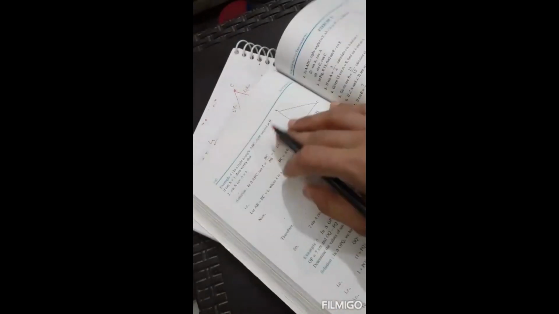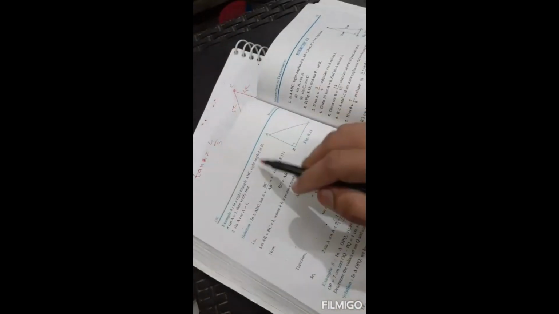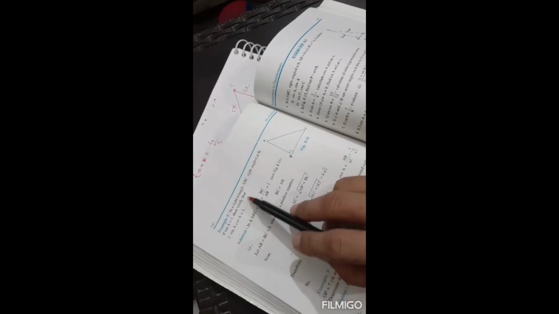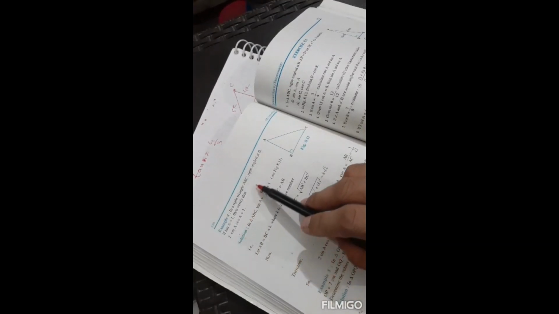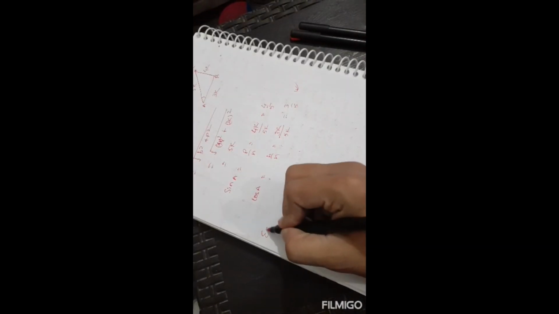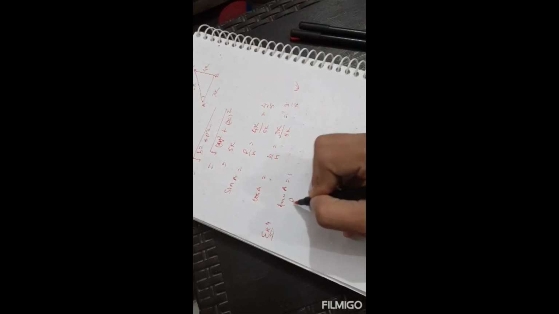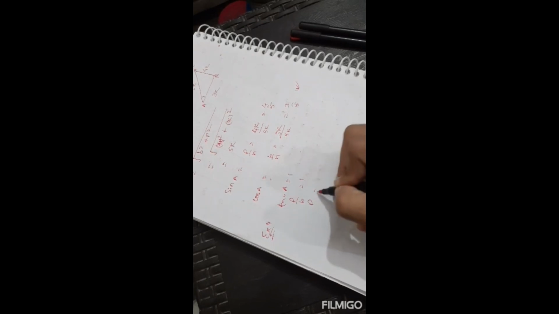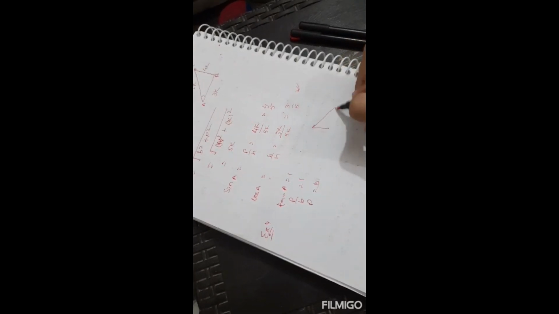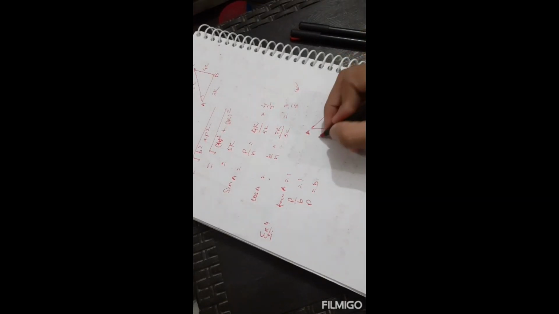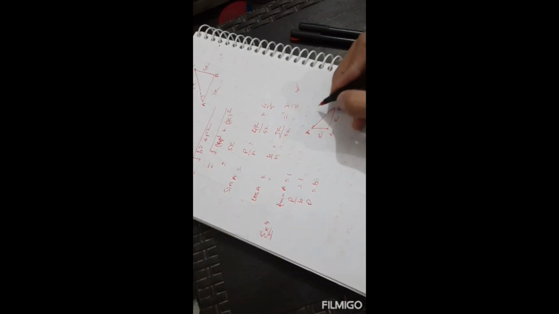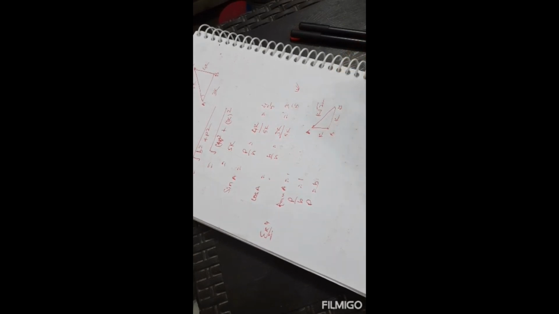Example number 4, in a right triangle ABC, right angle at B, if tan A equals 1, then verify that 2 sin A into cos A equals 1. What do we have to do, what do we have to verify? That is too much easy. Tan A equals 1. Tan A equals perpendicular by base equals 1. It means perpendicular equals base. In this triangle in which perpendicular is equal to base, okay, that both is k. So the hypotenuse equals k root 2 by applying Pythagoras theorem.